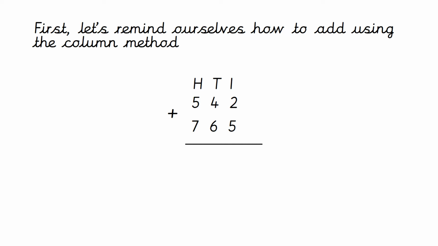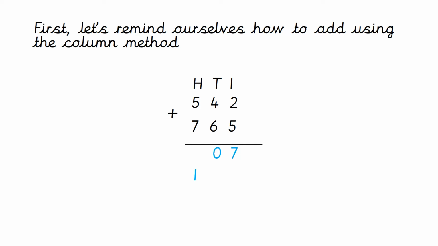So I would begin by looking at my ones column. So I would see that I have a 2 and a 5 in my ones column. I would add them together to make 7 and I would put them directly underneath, still in the ones column. I would then move to my tens column. I can see I've got a 4 and a 6 in there. So I would add them together. 4 and 6 makes 10. So I would make sure that my 0 goes in my tens column and that I carry my 1 over